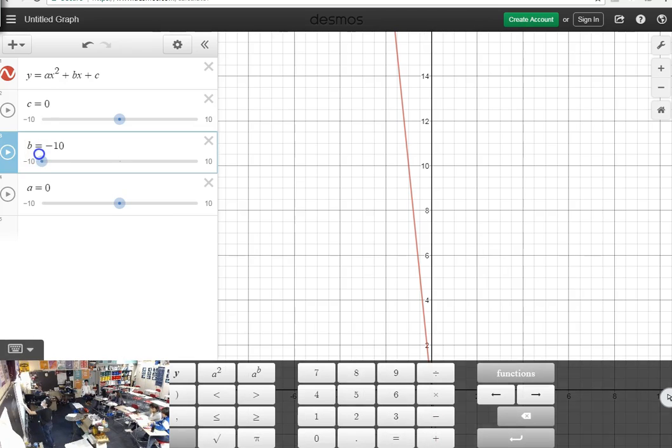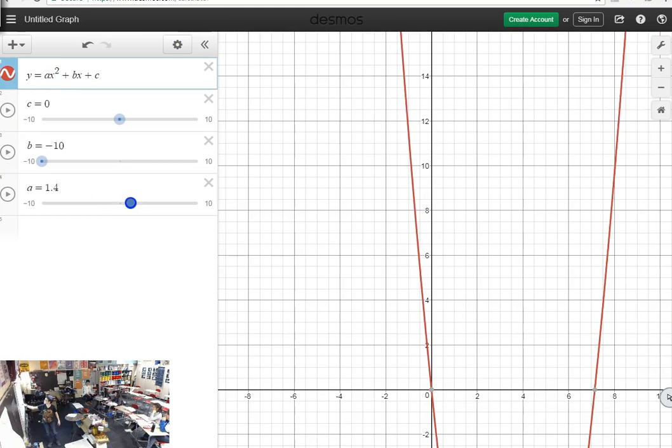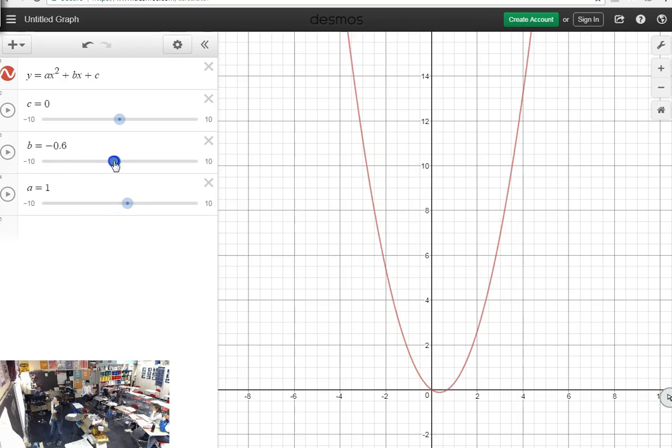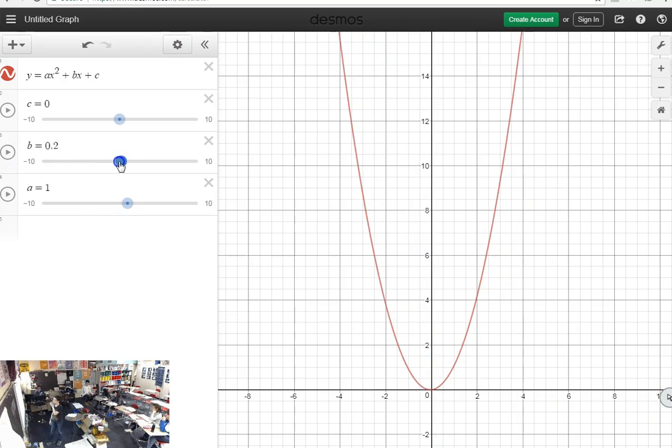Colin, I have to stop you because you're now not in our lesson. You can stay up there, but you can't get rid of A, because then we're not quadratic. If A is 0, you have to have an A in order to be quadratic. So hold up, let me help you for a second. If we make A 1 and we make B 0 to reset, look at what B does.